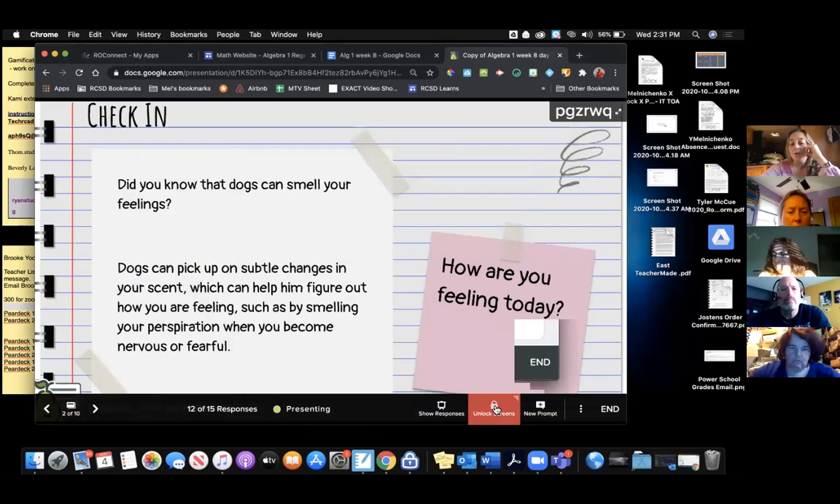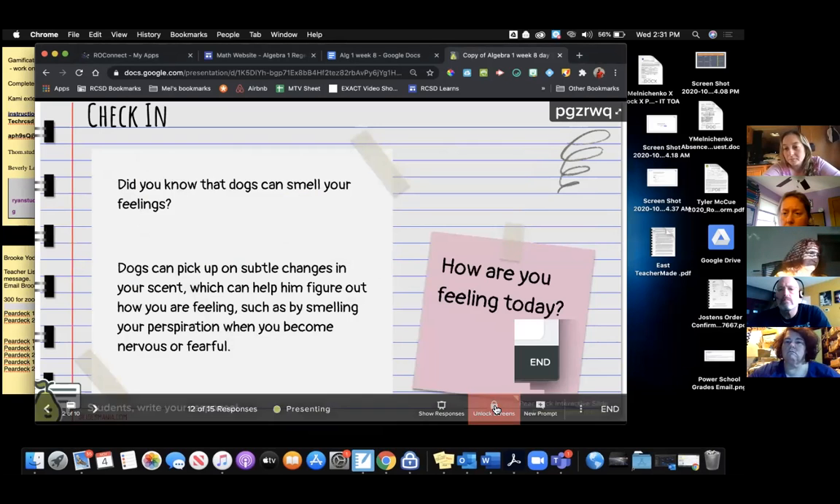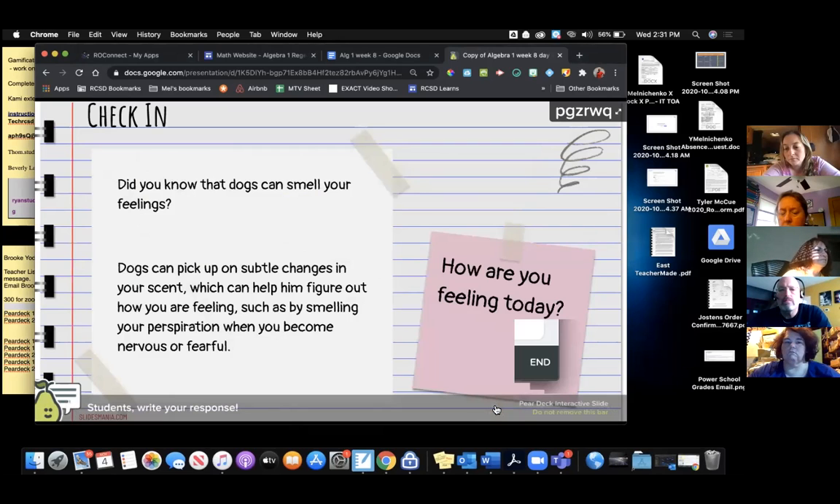I could also lock your screens. What happens on your screen right now? What happened when you're on your screen? What does it say? Locked. Yeah, exactly. So this is a great feature when you want kids to look at your screen,